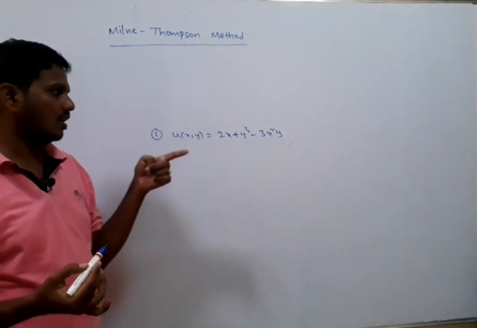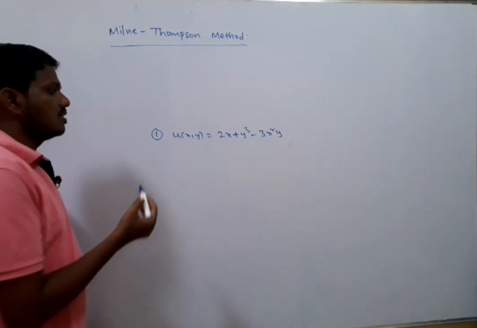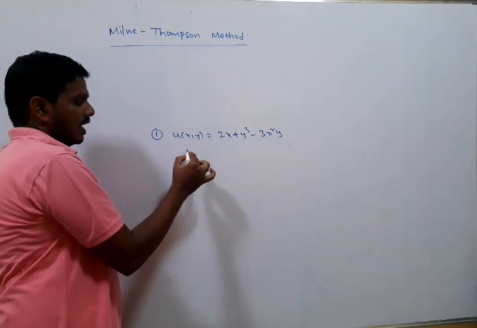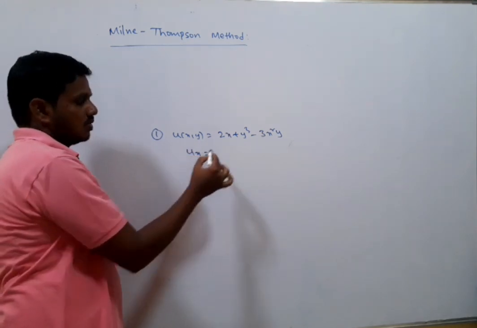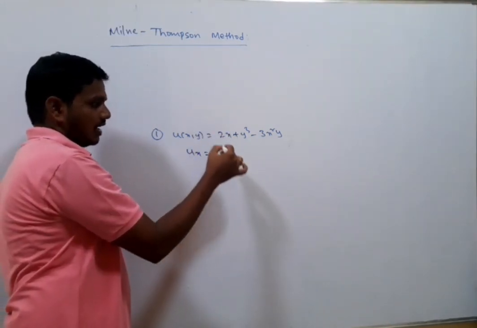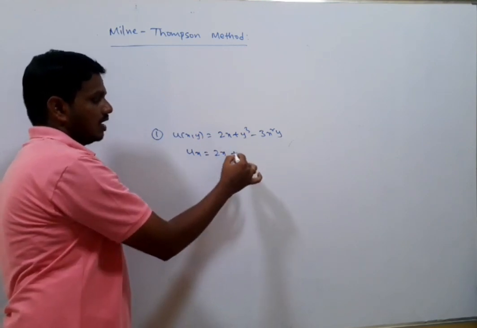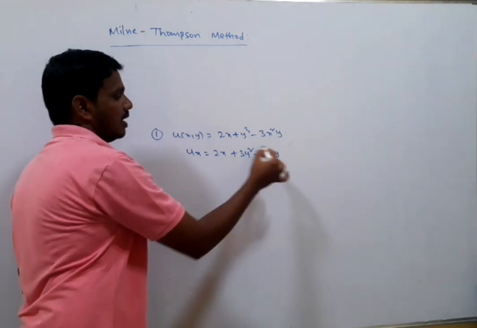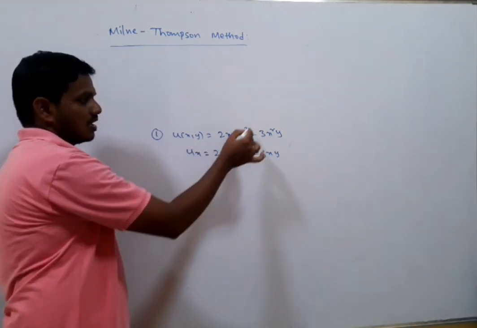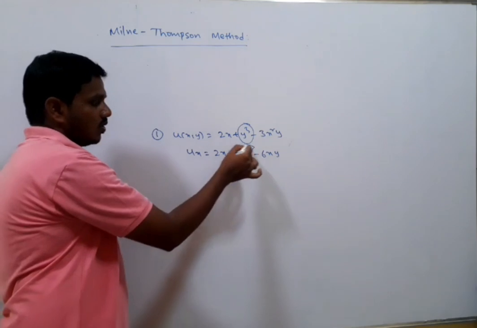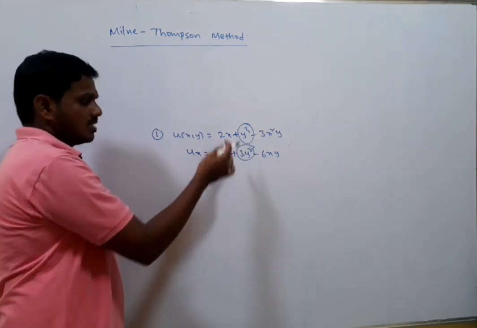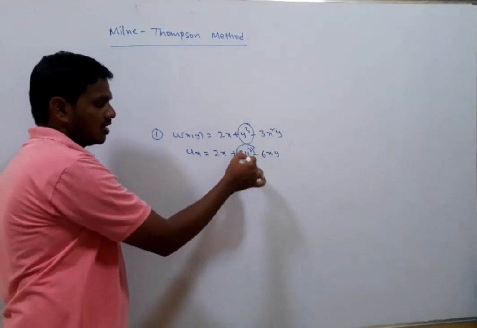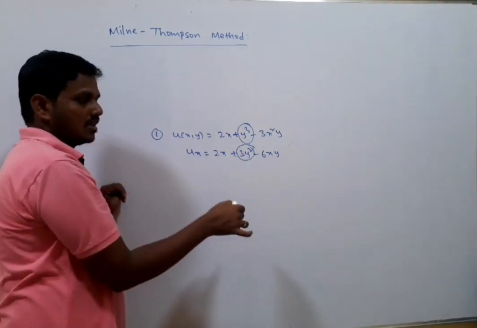Yes, one of the students reminded me of this. Here u of x, y is 2x plus y cube minus 3x square y. In this case, I took the partial derivative u_x as 2x, and for y cube I had written 3y square, minus 6xy. But when we are differentiating partially with respect to x, the derivative of y cube is 0. So we don't get the term 3y square. The same 3y square I was taking and simplifying the entire problem, right? Just remove the 3y square term and check the problem.